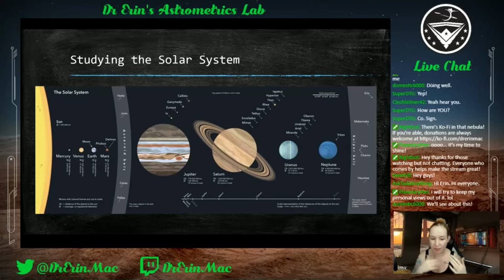Talking about which way the planets rotate, the fact that they all lie in this flat plane, that they all orbit in the same direction around the sun. We will learn why that is the case, maybe not next week, but at least the week after that, talking about the formation of the solar system and why they are the way they are.